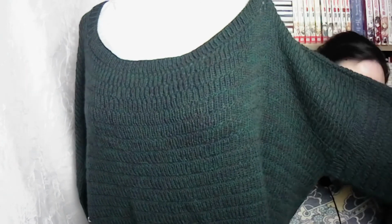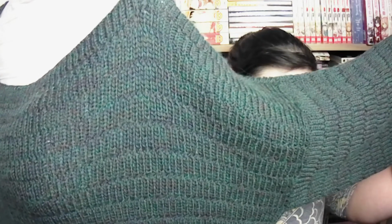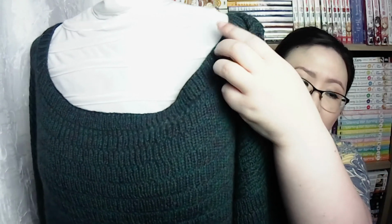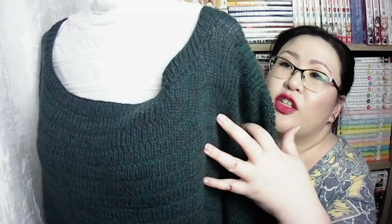So I did go with the bell sleeve option. Not sure that you can see that. The detail of the ribbing is really great. I really like that texture. It was a relatively easy knit. It's all ribbing, like you can see. I did do a 3 needle bind off here on the shoulder, so let me see if I can show you that. So I did 3 needle bind off, and then